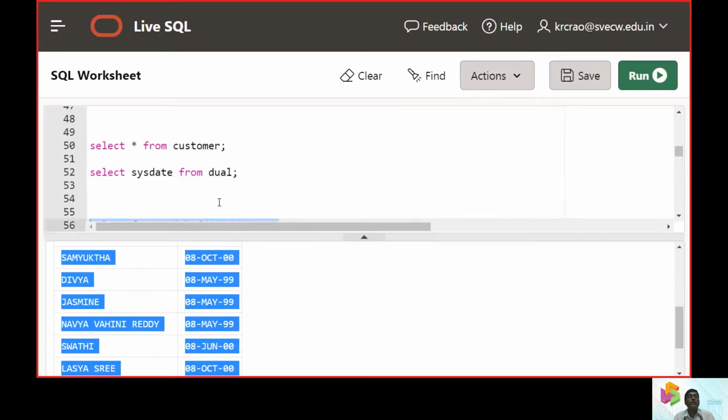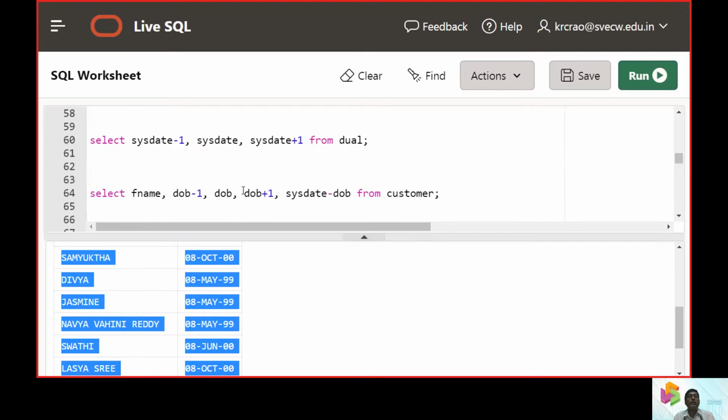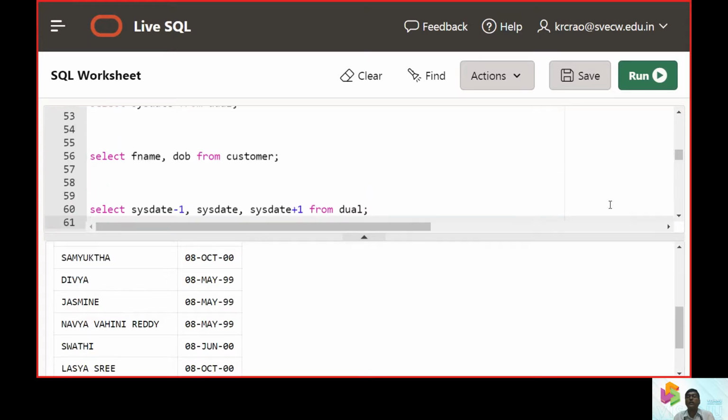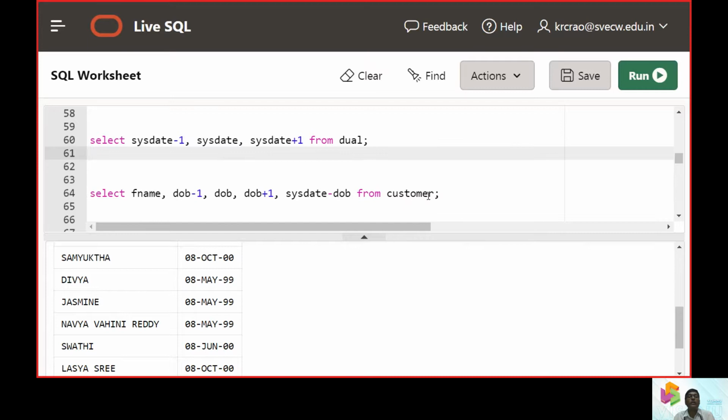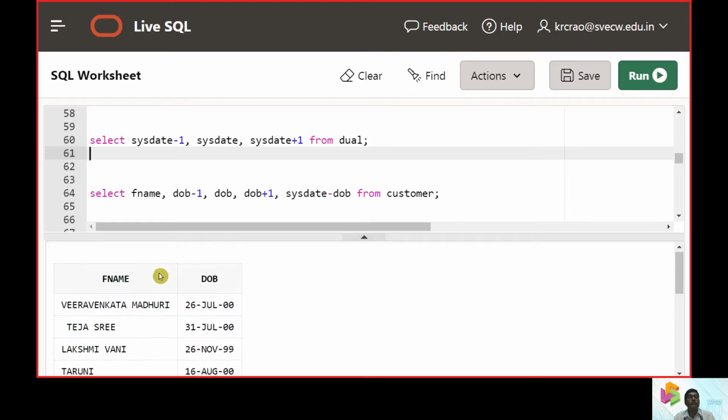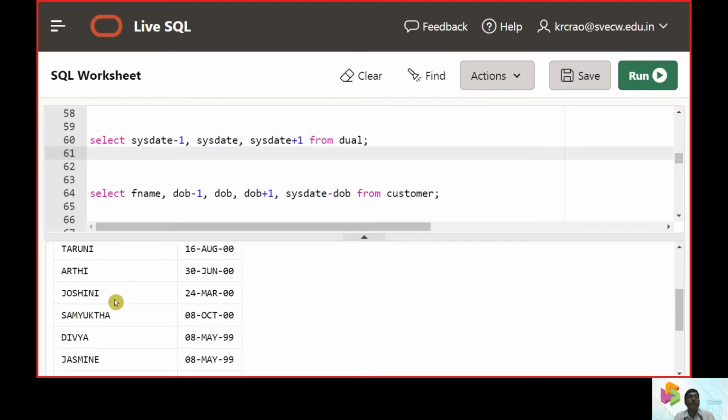After that, let us see this interesting value. We need to print out the first name and the date of birth. You can see here 8th May 99. Now if you want it as 7th May 99, then I can say date of birth -1.